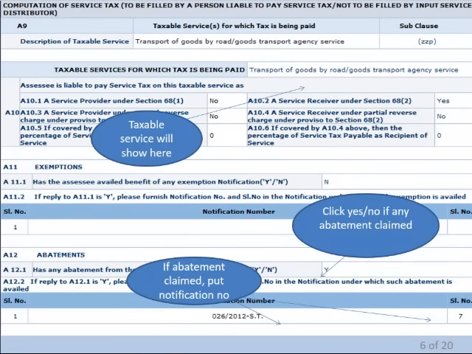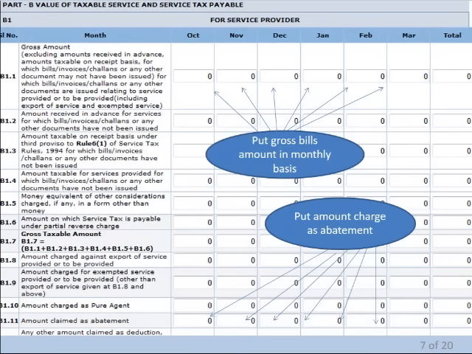Here the taxable service will show up in the first row, and after that if abatement is claimed, put the notification number, then click yes if abatement is claimed, and click no if no abatement is claimed. After that, on this page put the gross bill amount on a monthly basis.